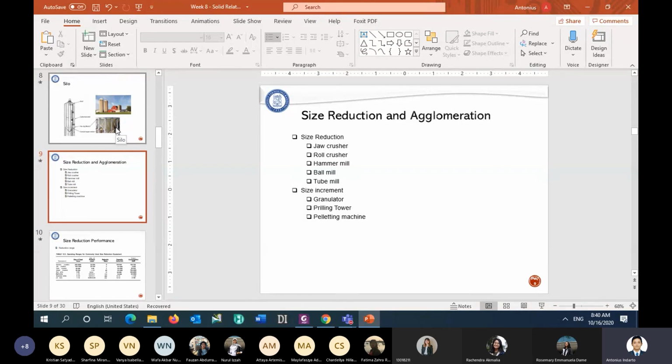For example, in the spray dryer, they will put a very closed system. The powder comes from slurry, and the slurry comes from the top. They spray it, similar to the dryer that we already learned last week.